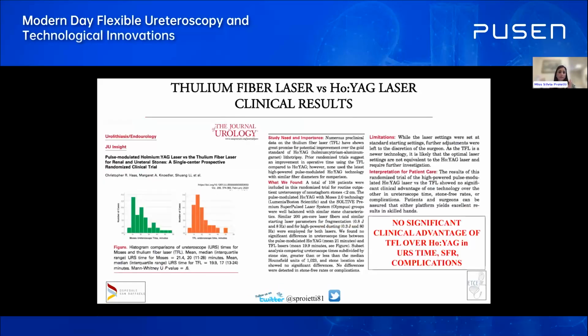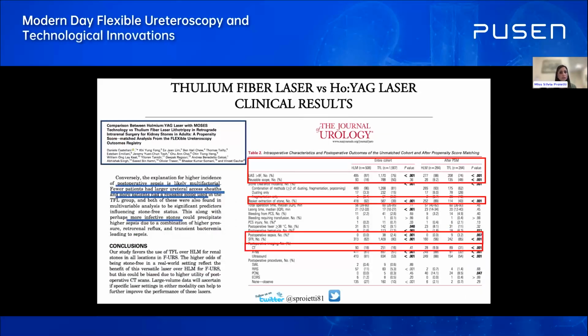So it has also been published this other paper in the Journal of Urology, in which the authors compare the TFL with the high-power Holmium:YAG laser, and they showed that there is no significant clinical advantage of TFL over the Holmium:YAG in terms of time, stone-free rate, and complications. And also,